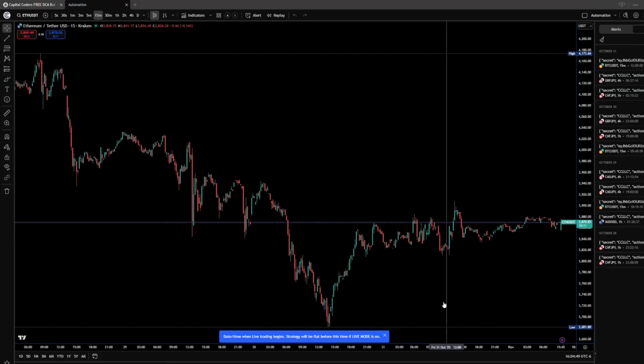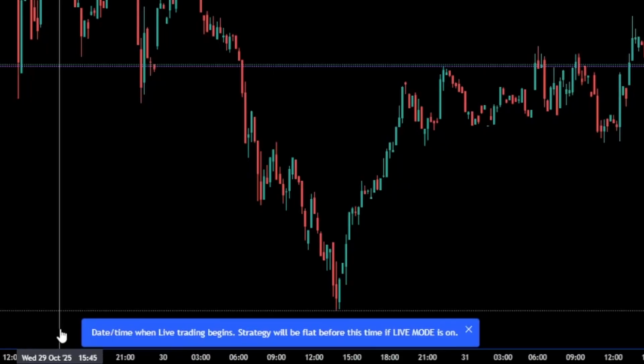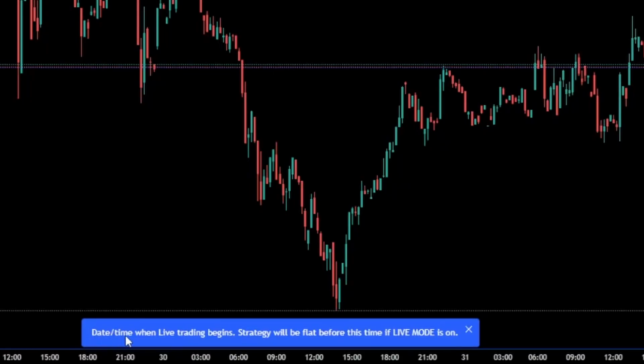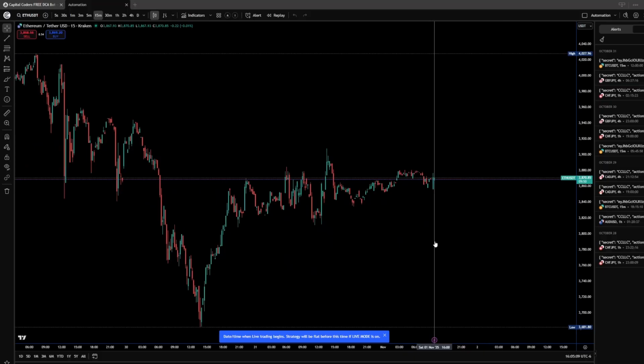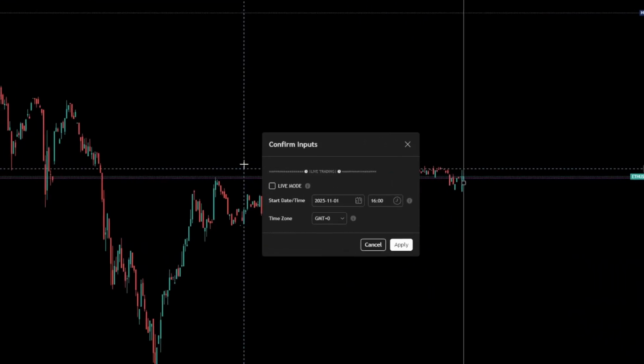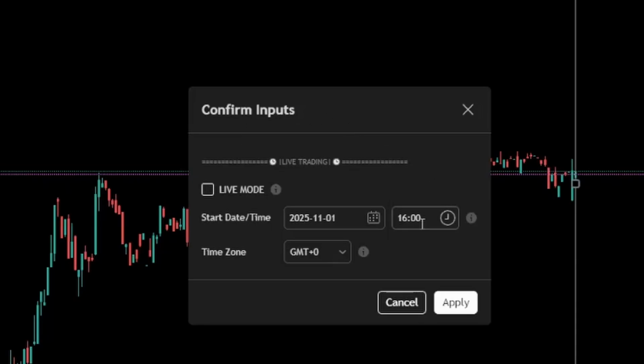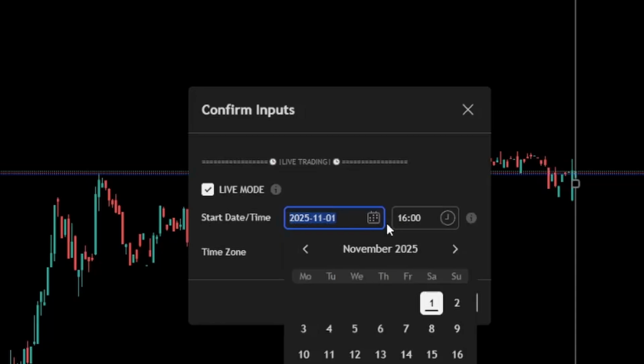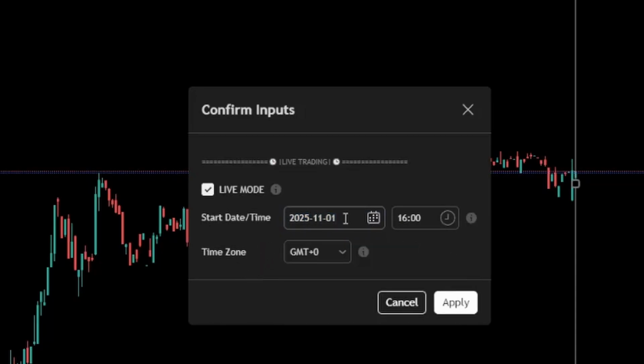Once the strategy is on our chart, you will see this confirmation that tells you to select the date and time when live trading begins. So we're going to select the last candle here on the chart because we're setting up the live trading portion of this. Once you select that candle, the inputs will show up. We're going to turn on live mode. We're going to make sure the start date and time is the current start date and time, which it is